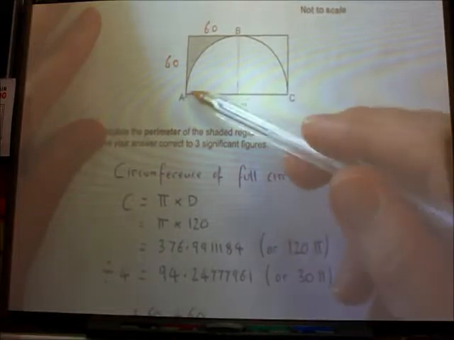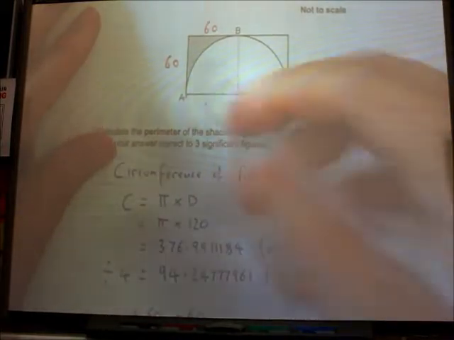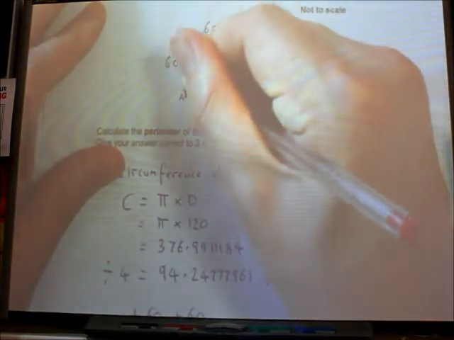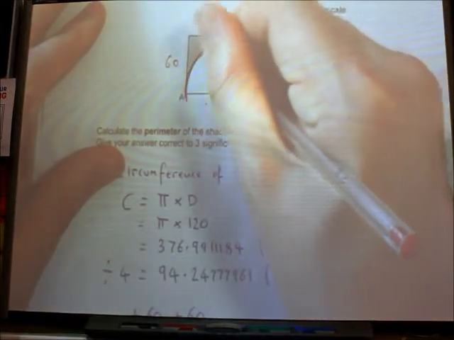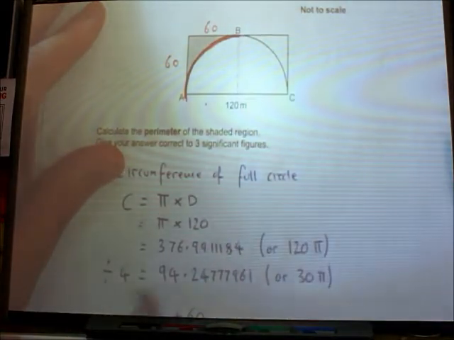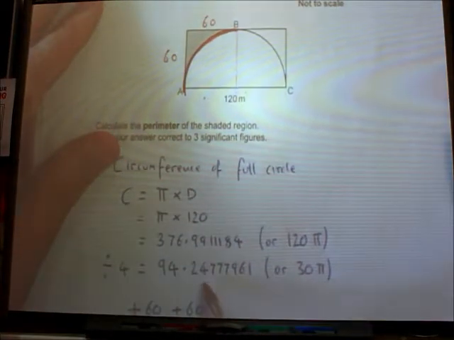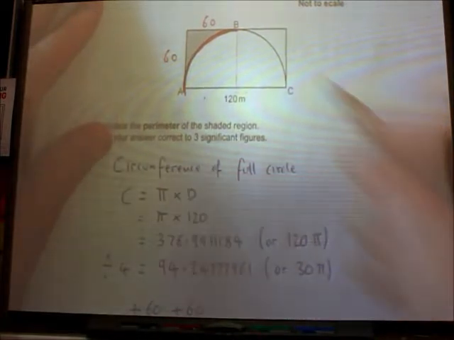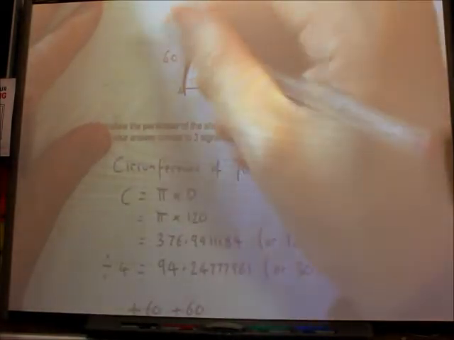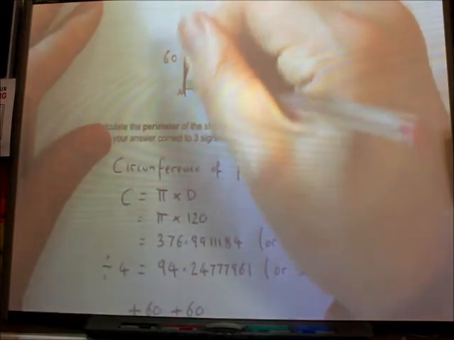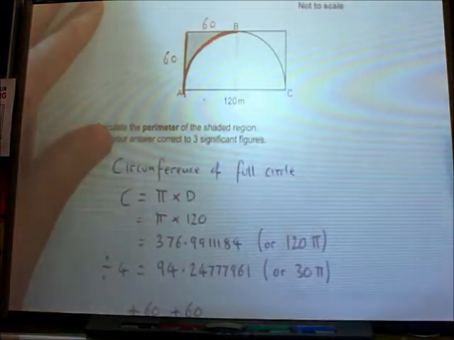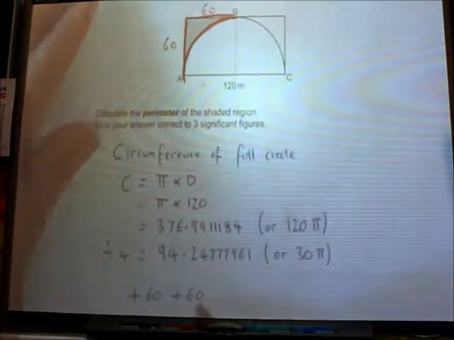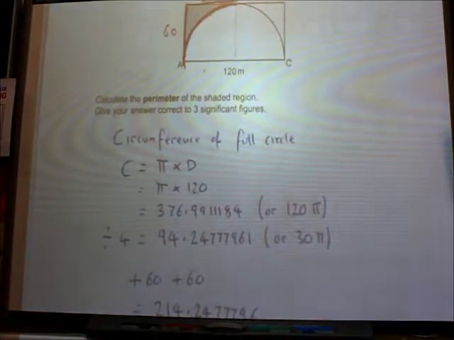But I don't want the whole circumference, I just want this bit here. So basically I want 1/4 of it. So to find a quarter of it, I've divided by 4, which gives me 94.24 and so on, or 30 pi. So I've got that bit, then I want to add on this bit, and that is 60, and you see I've added it there, and then I want to add on this bit, which is also 60, so I've added it on again. The answer is